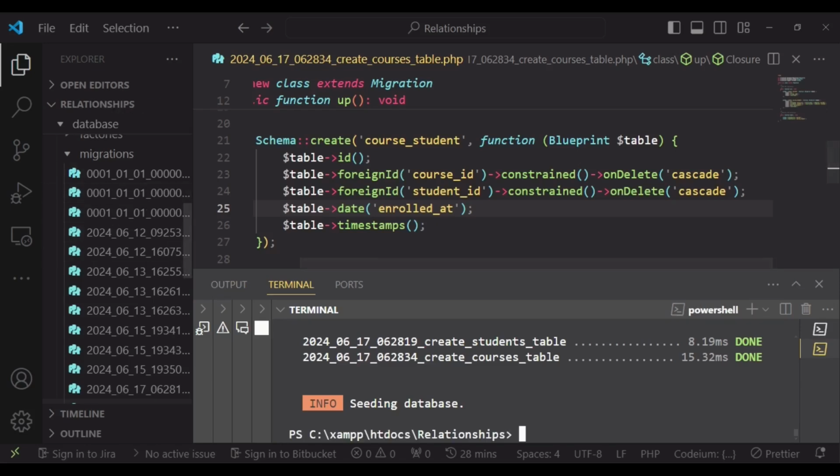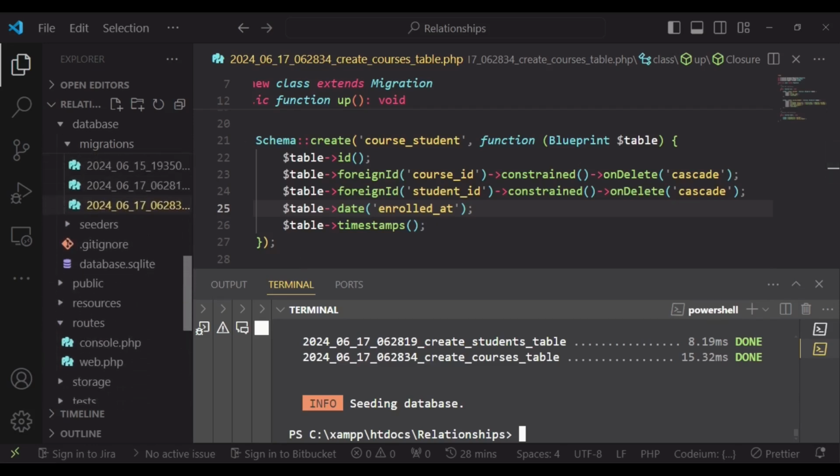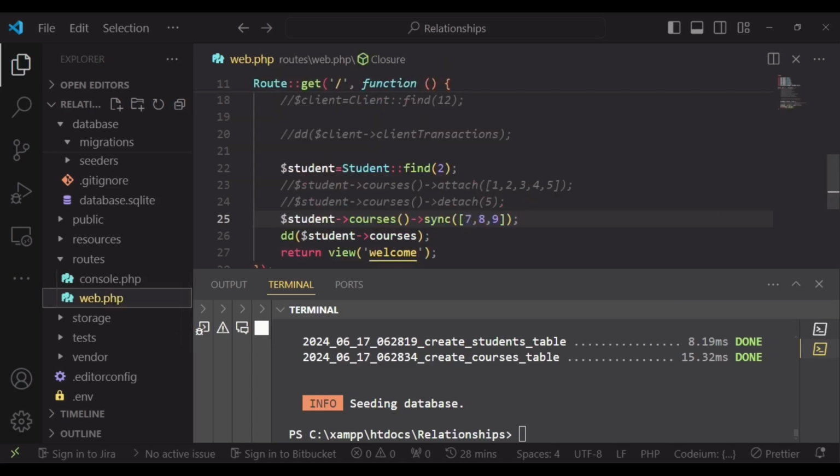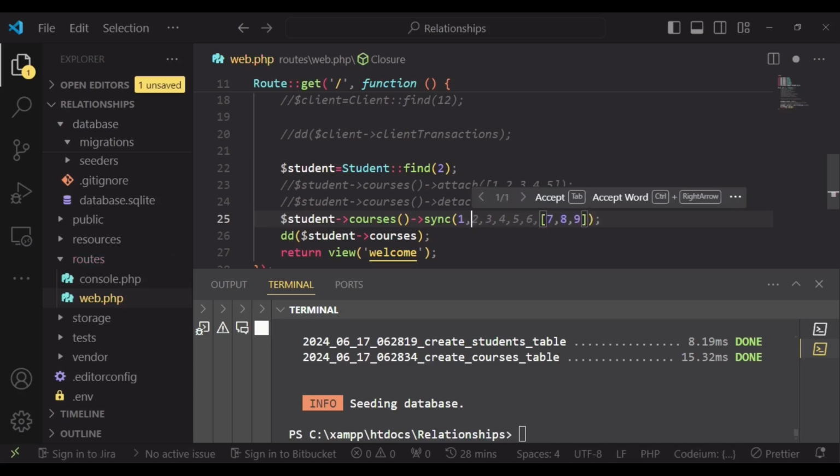After that, if we go back to our web.php where we were setting the values, we need to ensure that anytime we are saving or doing something, we are also passing in another value. So if we want to create a course for student number 2, because every other thing has been removed, for example, if we want to pass in an ID of course number 1, then together with that we also pass in an array of the key